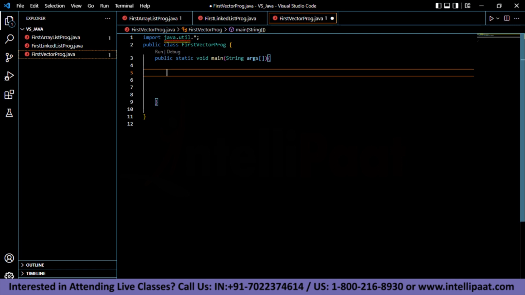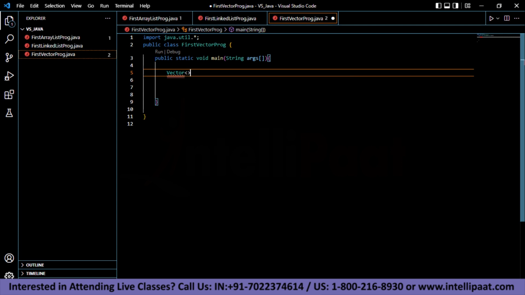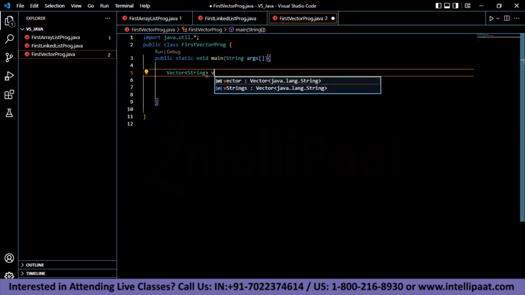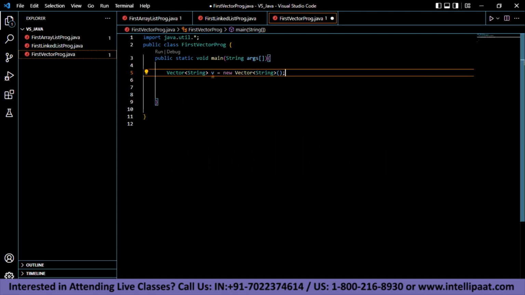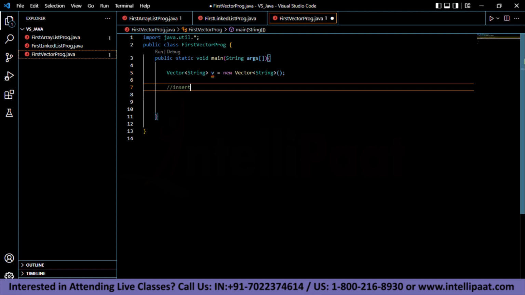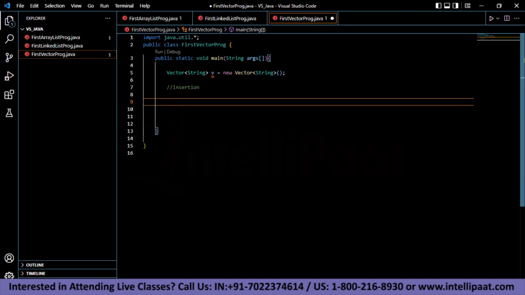Inside this method, we'll first create our vector object, and to do that, the command we have is Vector, then the object type. We are going to use the String object here. So Vector<String>, then the name of the object, then new Vector<String>. Now that the object has been created, we'll add a few elements into it. To do that, we are going to use two methods, which are add and addElement. So first we'll use the add method to insert a few elements. We do v.add Java,